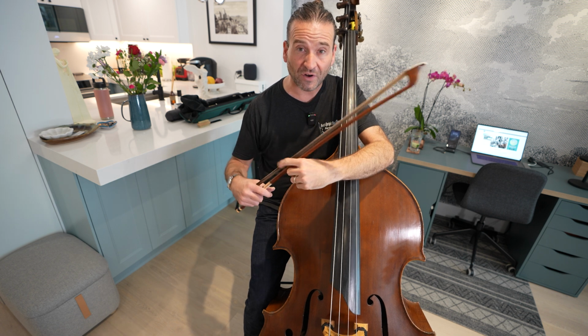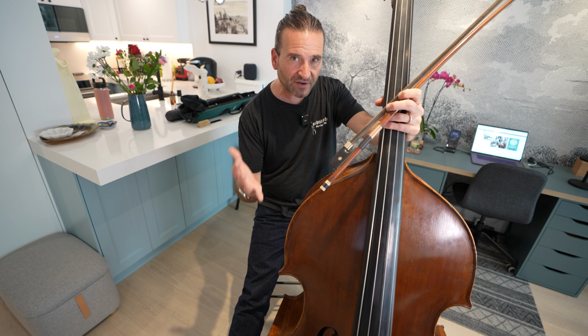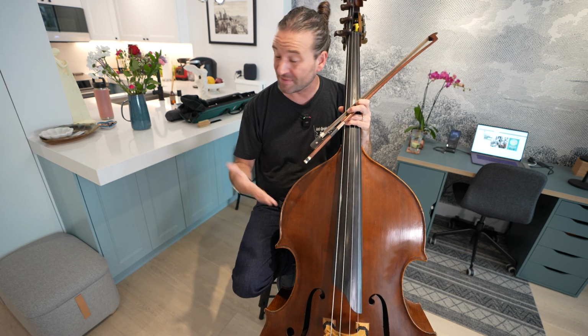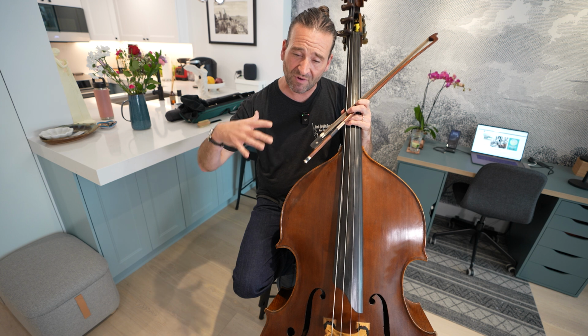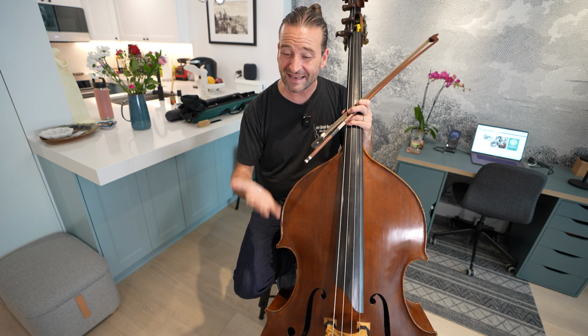I like going up one click on the metronome if you have an old school metronome, or like 5 numbers, so like from 80 to 85 to 90 for this kind of practice. And I find that it's really helpful to do a little bit of this spiccato development every day. For me, it's really not my best bow stroke. Maybe some people it is, but for me, it's something that requires some active maintenance. So I just make sure I'm being consistent with it and patient with it